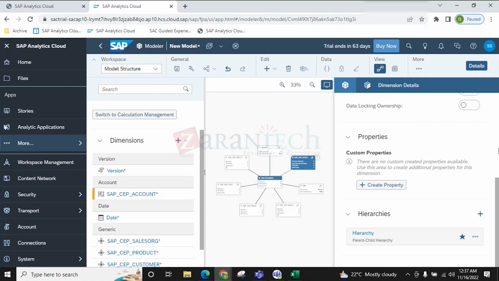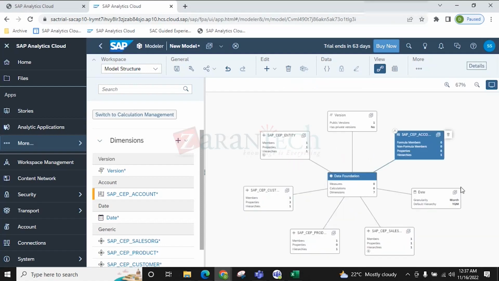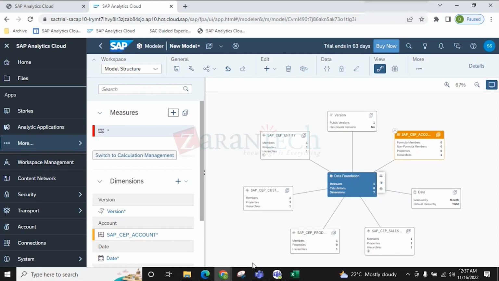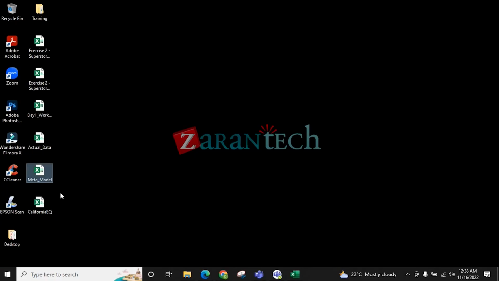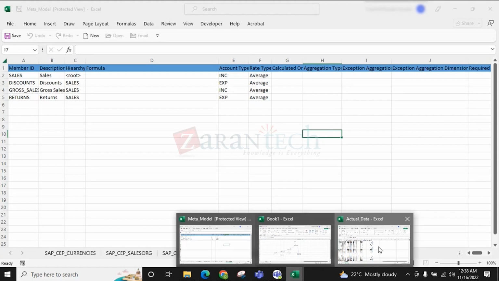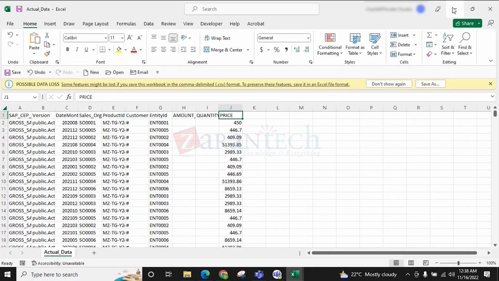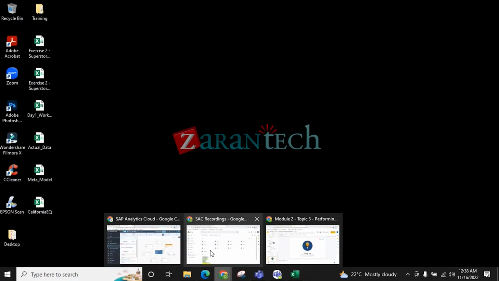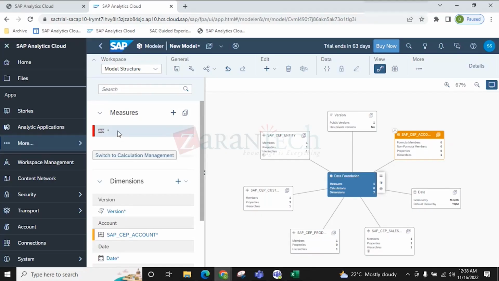Now in this particular model, if you see, there are no measures decided yet. So I will create measures. I'll check this actual data. Ultimately, we are going to load this data. Amount, quantity, and price. Okay. So I will just create 3 measures. One is amount,